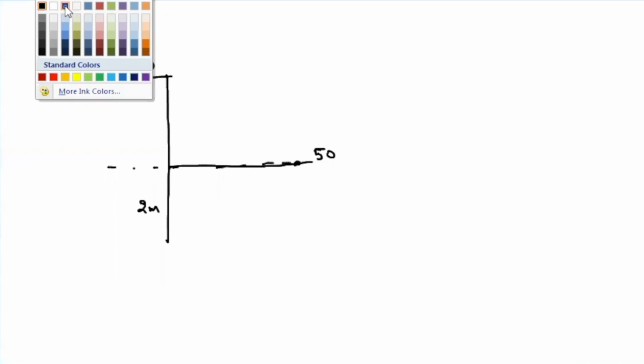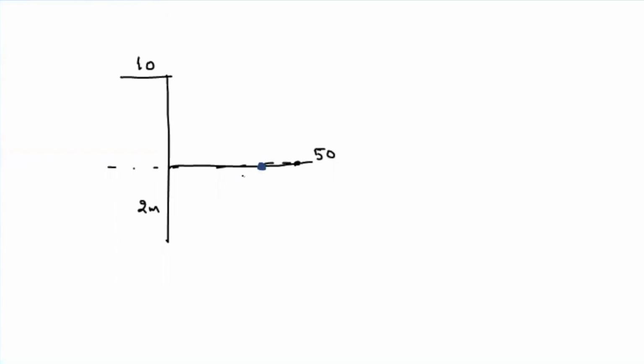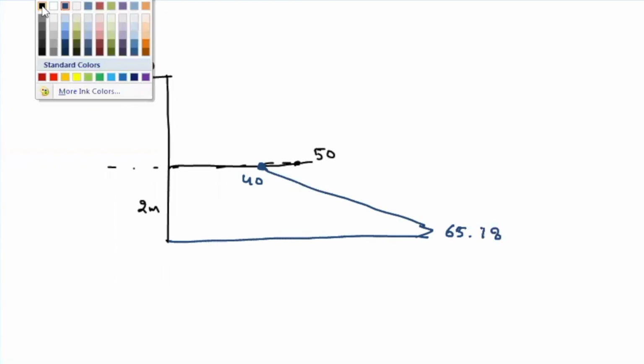This is at a 3 meter level. Here it is 2 meter. So at top, what is the stress we are getting? 10 minus. That's why I drew it in the opposite direction. Just above the layer, how much stress are we getting? 50. Just below, what is the value? 40. Just below of the soil it will be 40, and after that we are having a magnitude of 65.18. And again join these lines by a linear line.